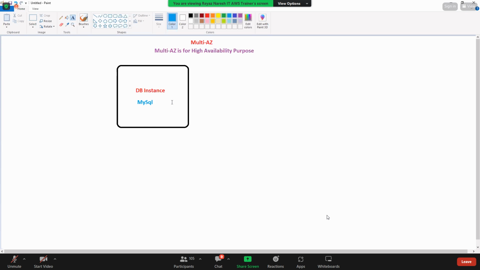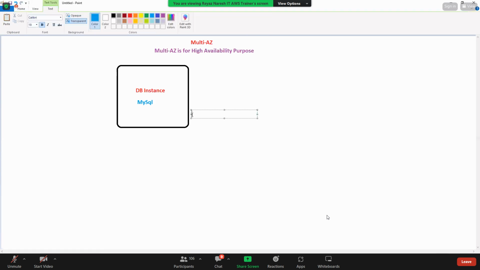Now, guys, in EC2 we have an instance type, no? Which instance type should we use? T2 micro. Similarly, when you're launching the DB instance, you have a DB instance type. Like T2 micro, large, X large, there are so many families, and based on that you need to select it.